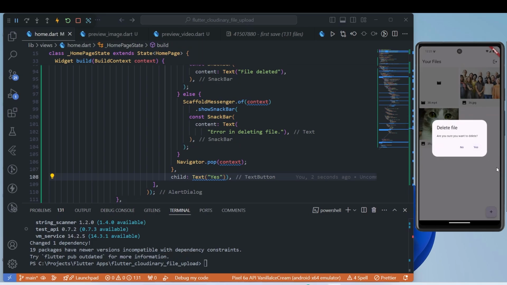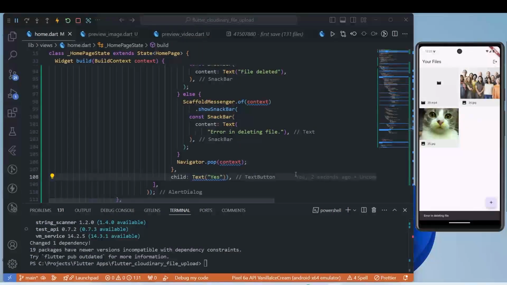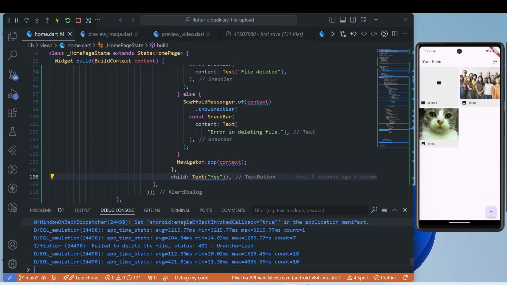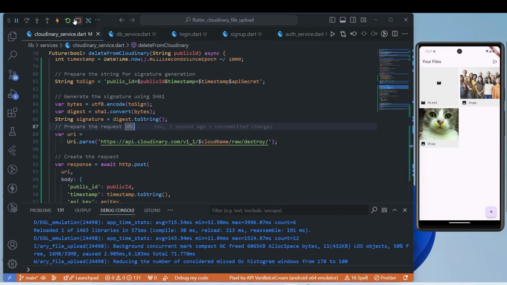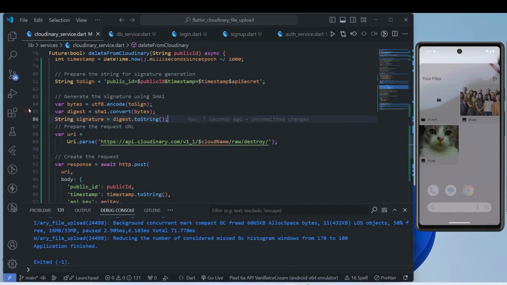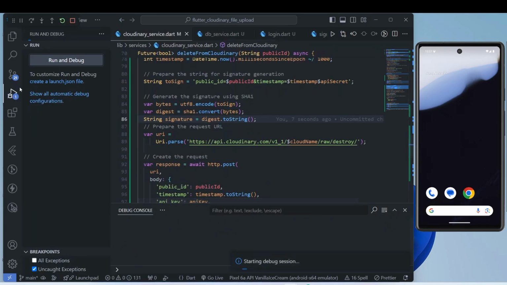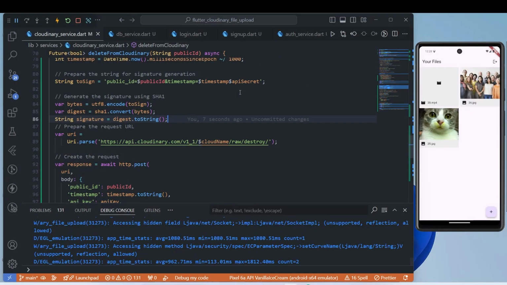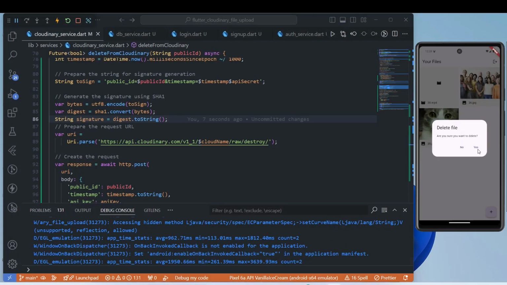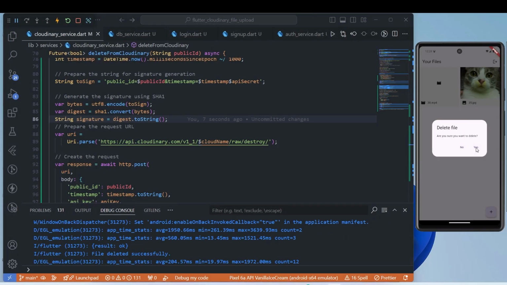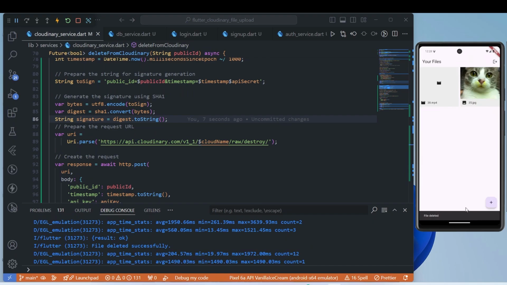Navigator.pop(context). Let's try to delete this file. Yes. So here we are getting "Error in deleting file". Let's check what problem we are facing. Here it's saying failed to delete the file, unauthorized. So let's stop the application and run it again from scratch. Now let's try to delete this image. Here we are getting "File deleted"